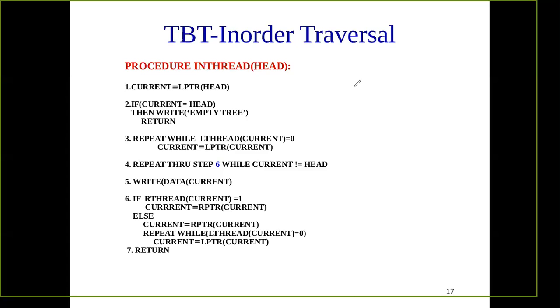So simple algorithm: start with this node, that is the current equal to left side of root node, and move towards the leftmost side, print that node, and with the help of thread move towards the parent of the node, print that one, go towards the right side, and the leftmost node again, same consider, go towards the right side, and the same algorithm is repeated there. So the same thing is there, and special cases will be handled by using this one. So any question regarding this one?